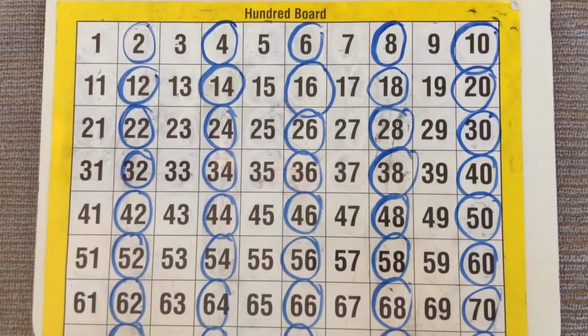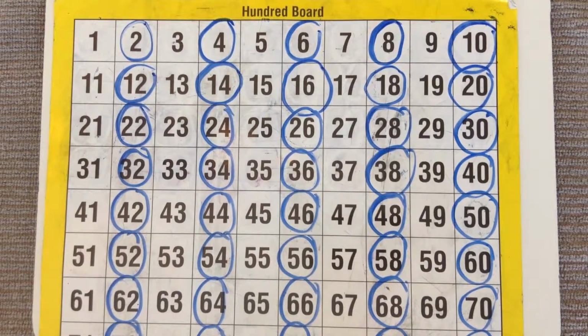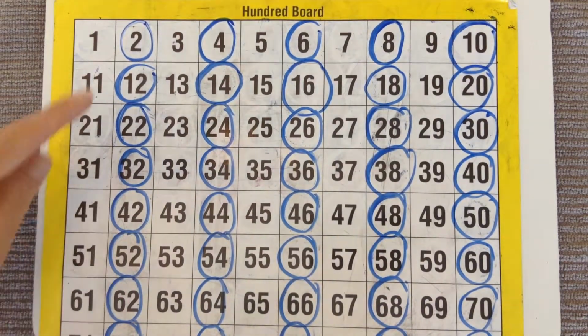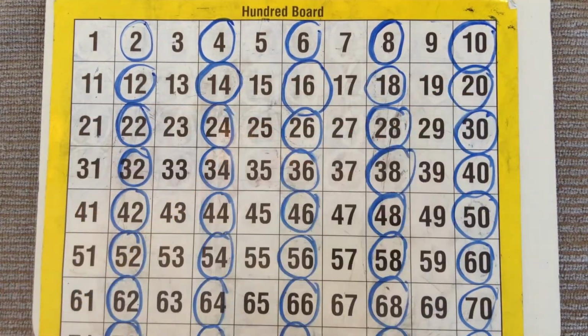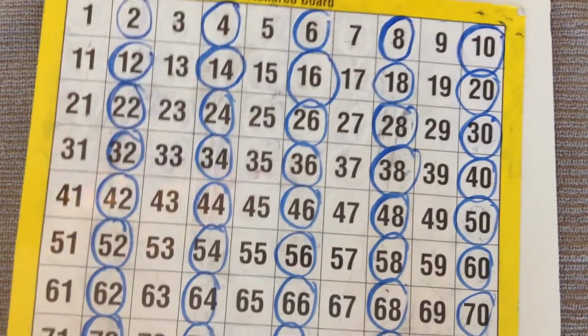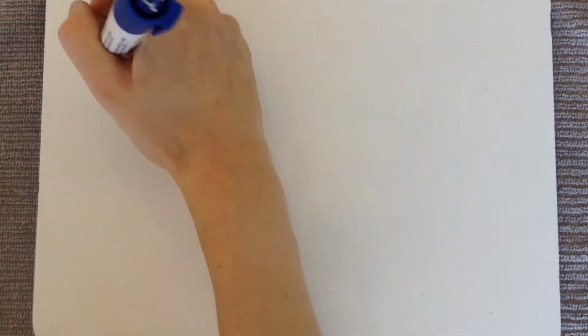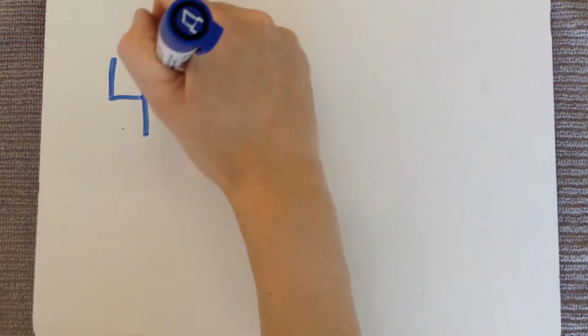Alright, I've identified every number I would say in my skip counting by twos pattern. They all end in 2, 4, 6, 8, or 0. Now that I've reviewed counting by twos, this is going to help me with my addition questions today. Let's take a look at this first one. 46